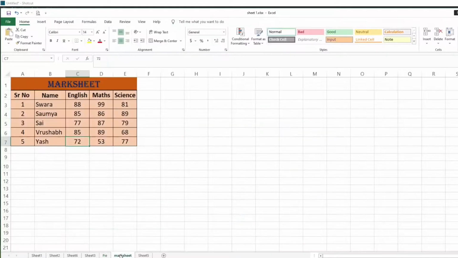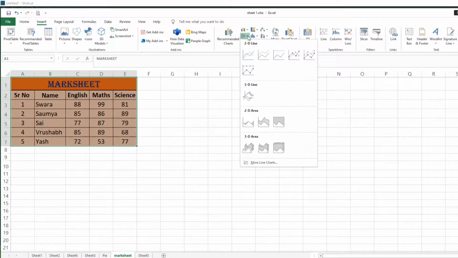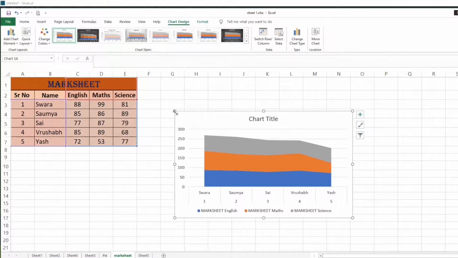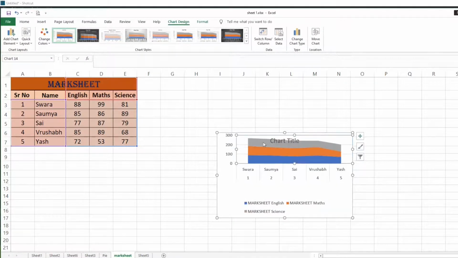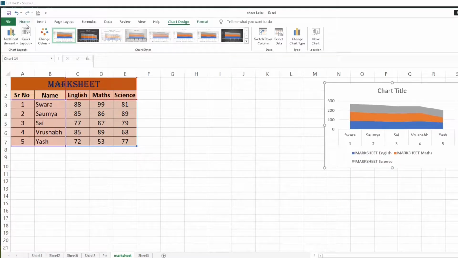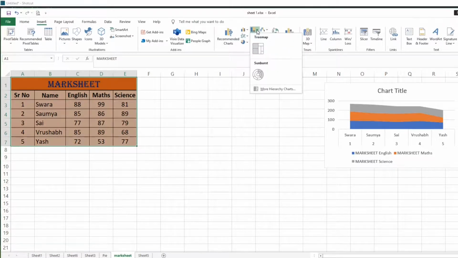And in the same way we can insert different charts. I am showing the remaining categories here. Insert chart from, this is the area chart. We can make it small and keep it aside. The next chart: again select the area and go to the next chart type.